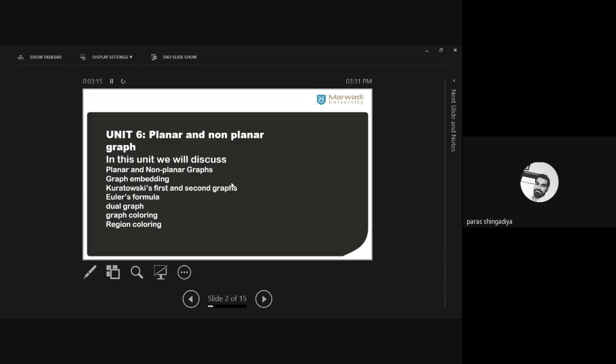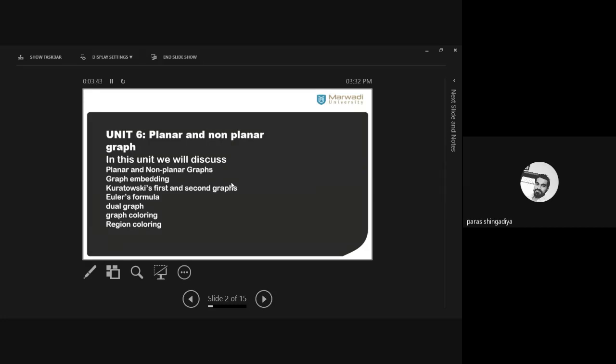And the last two topics are dual graph and graph coloring. Dual graph is used in computer vision software, to find the duality of the graph. And then after that, the coloring form, region coloring, graph coloring. If you see a picture of any map, okay, India's map, there are regions, meaning states, defined by different colors. Clear? States are marked by different colors. That is Gujarat, that is Maharashtra, that is Delhi and so on.